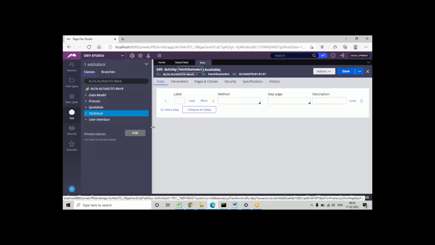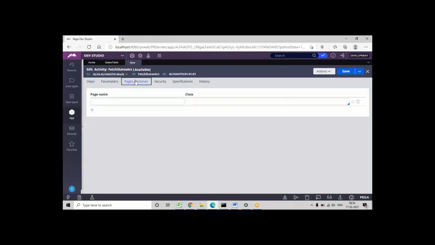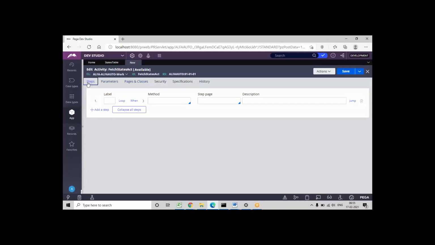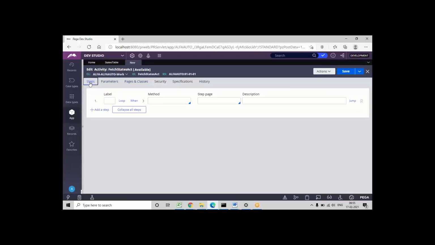Though we are fetching the data from a different class, in the last sessions' examples, in the previous two activities, I defined pages and classes. But in this scenario, if you are using only Obj-Browse, there is no need to define pages and classes, because the page name and class name options will both be available under the Obj-Browse method parameters. So separately, no need to define pages and classes. And if pages and classes are not required, then no need to define Page-New and Page-Remove also.